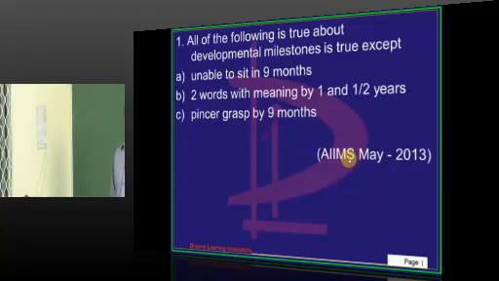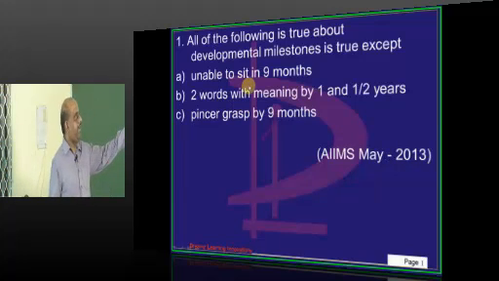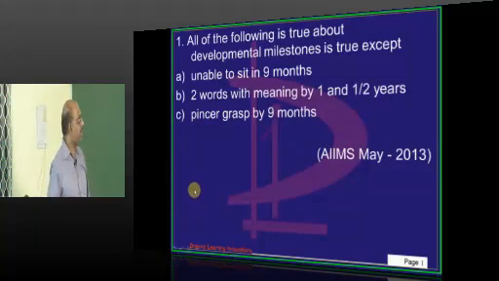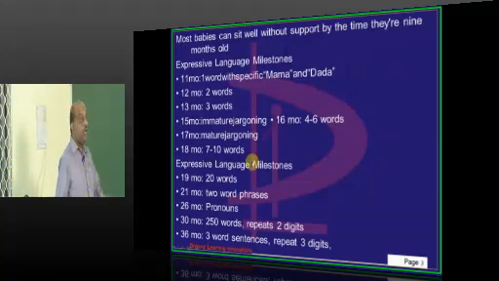Without developmental milestones, can you think of pediatrics in any entrance? No, sir. A child can sit by 9 months, not unable to sit. That itself is wrong. Everything else is right. Pincer grasp by 9 months, two words with meaning by 1 to 1.5 years. They're all correct. But you need to understand,